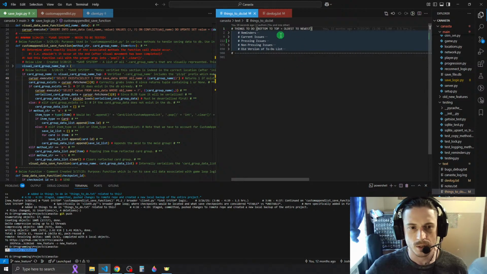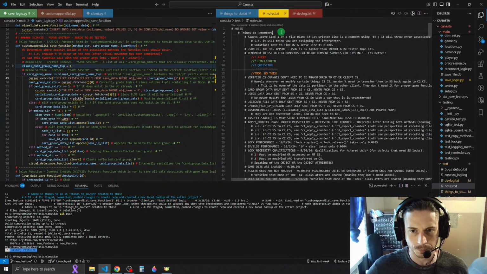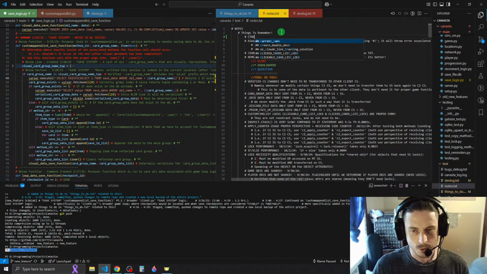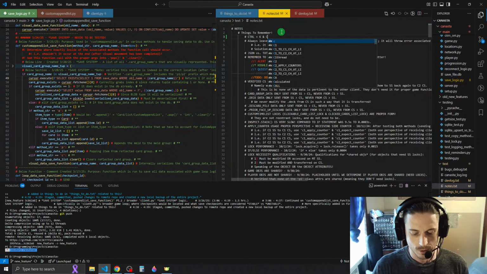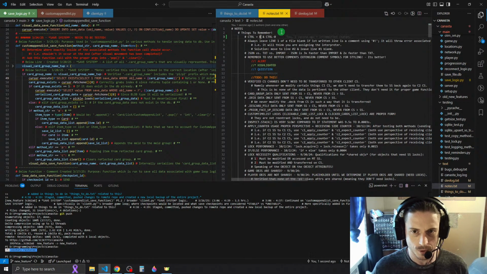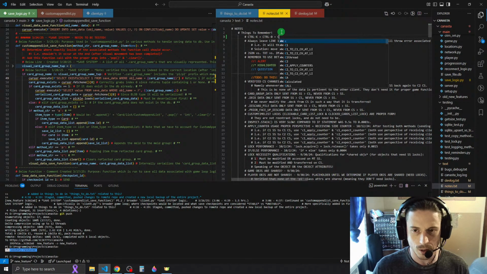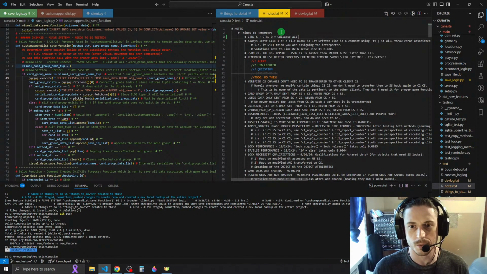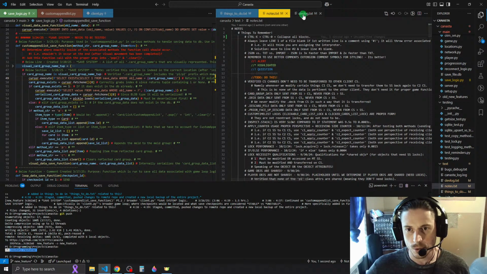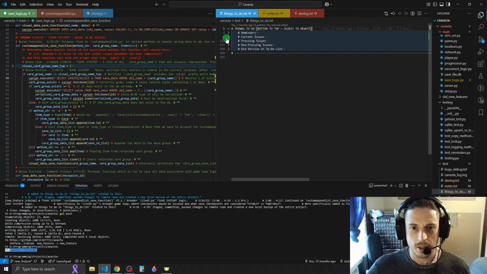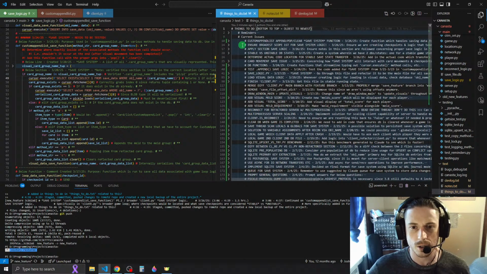Beautiful. Let me put that in my notes so I remember that's what it is. Control plus K and Control 0 equals collapse all blocks. Cool. That's much better. And now in current issues we are going to